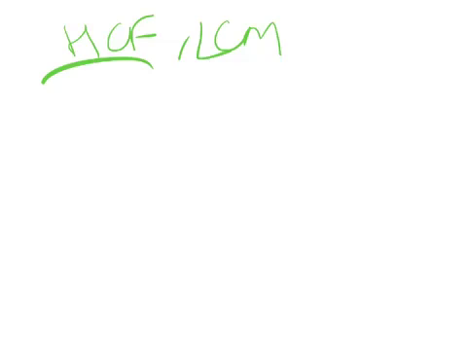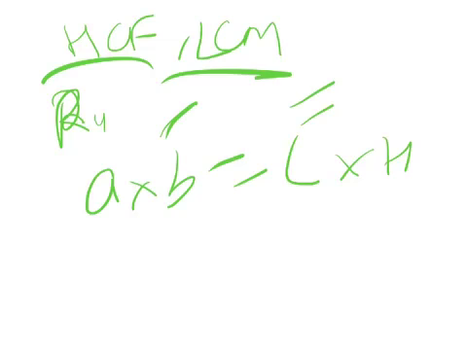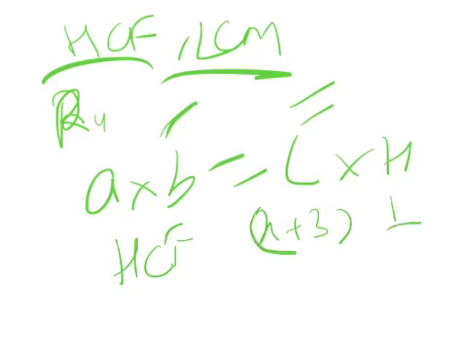Fine. So let me just summarize what we did. We started with finding the HCF and LCM, then how to solve a few questions on LCM. Then we did the rules of LCM and HCF, 2 rules for HCF, 2 rules for LCM. Then we did A into B is LCM into HCF. Finally we did the LCM and HCF of other things: the x plus 3 type, the fractions type, and the 2 to the power 41 type. The only thing which was a little tricky was the powers.